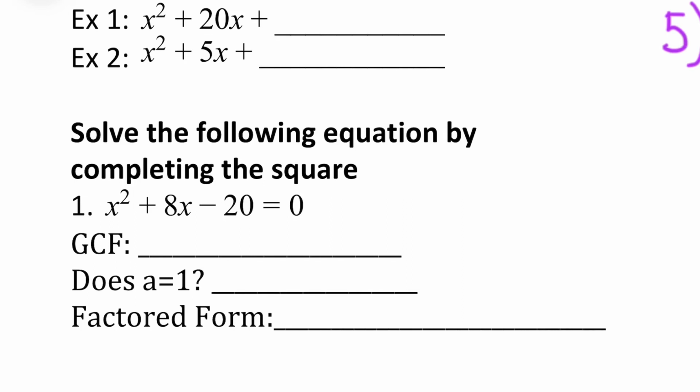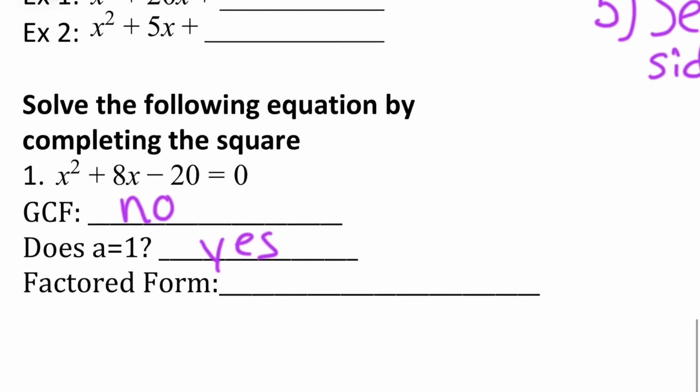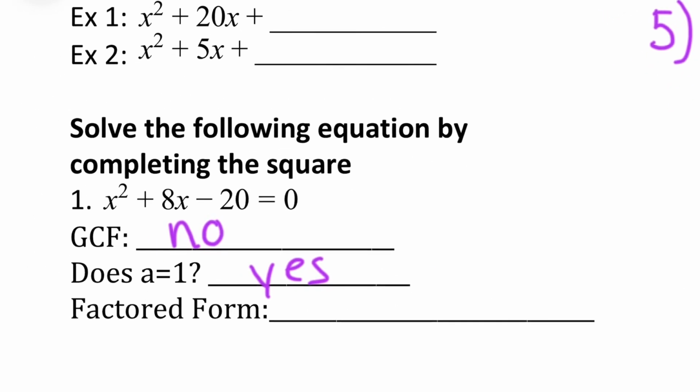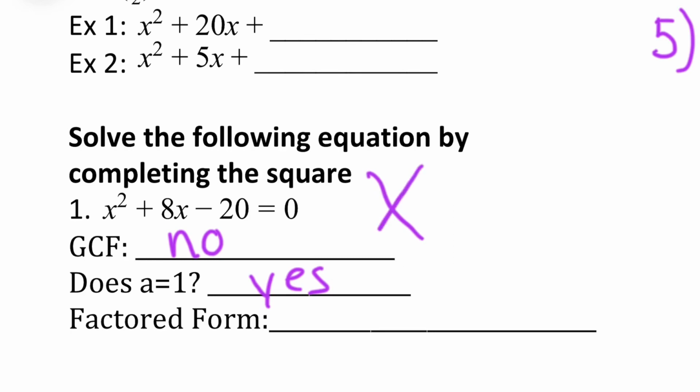Hey guys, so in this part we are doing number 1 for lesson 5, solving it by completing the square. So in number 1, we're originally going to just factor this how we're used to. Asking ourselves, does one side equal 0? Yes. Is there a GCF? No. Does A equal 1? Yes. So in the other lessons, what we would do if we said no and yes, we would go straight